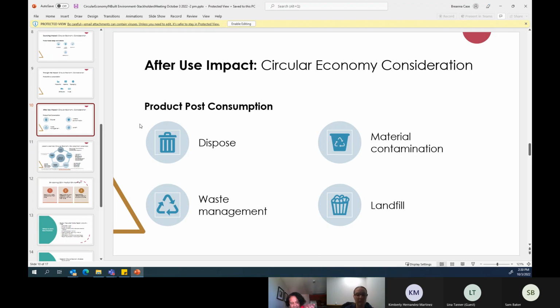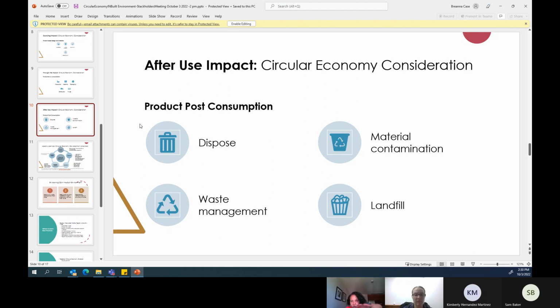So the three impacts will tell us how to come up with initiatives to reduce impact at the sourcing level, through life, production and consumption, and post-consumption. And at all those stages, is there anything we can do? So we'll go through it when we're starting